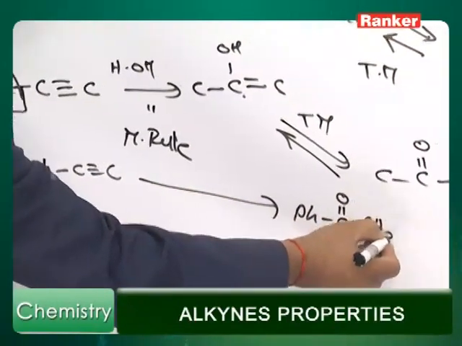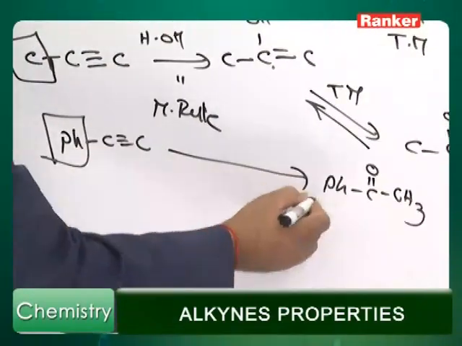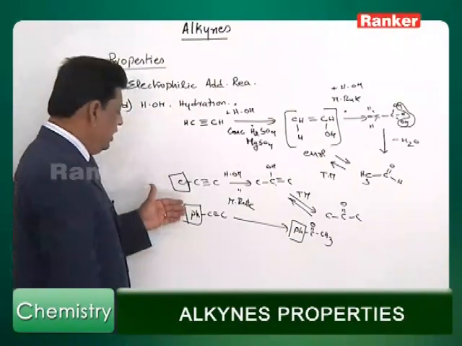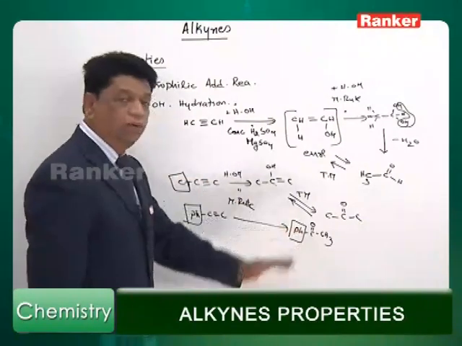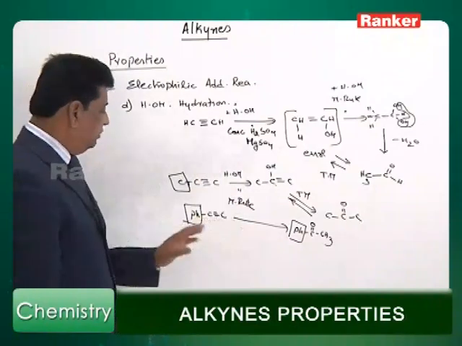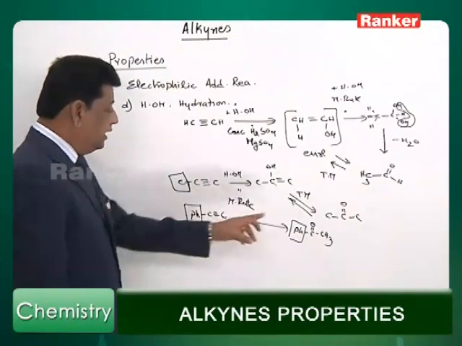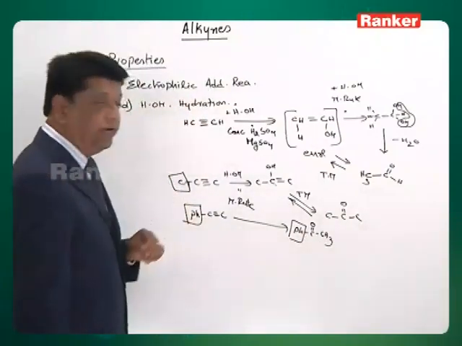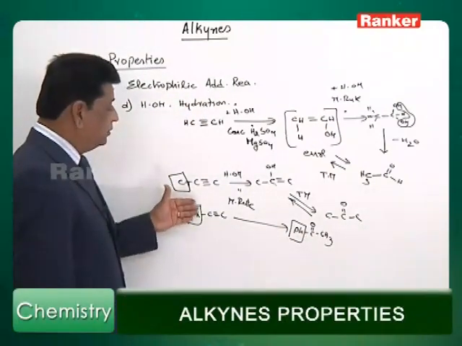You can generalize that whatever the phenyl you have, that phenyl will be resulted here, but this part will become the ketone. You can have XYZ groups containing and goes on converting into this one. It's a beautiful conversion also. Alkyne directly into the methyl ketones are formed from the different types of the X or Y substituted